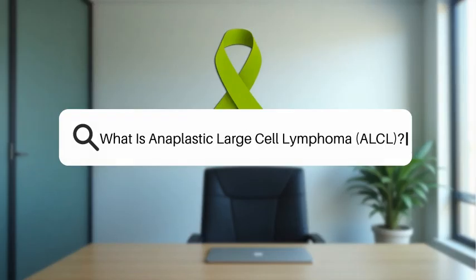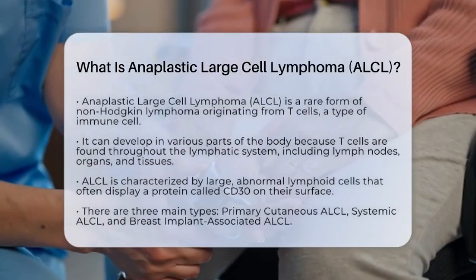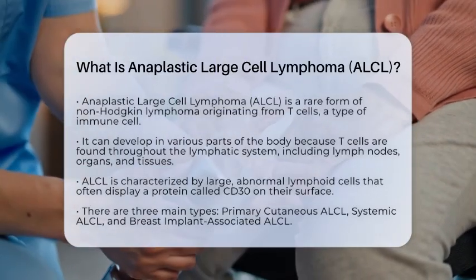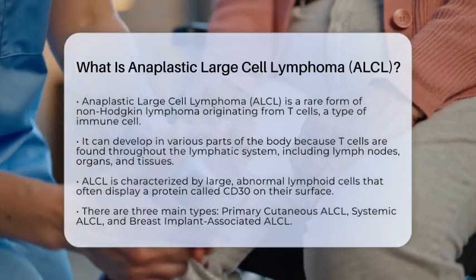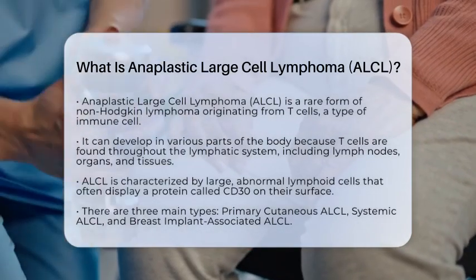What is anaplastic large cell lymphoma, ALCL? Imagine a rare type of lymphoma that originates from a specific kind of immune cell called T cells. That's what anaplastic large cell lymphoma is. It is classified as a non-Hodgkin lymphoma, which means it starts in lymphocytes, a type of white blood cell that